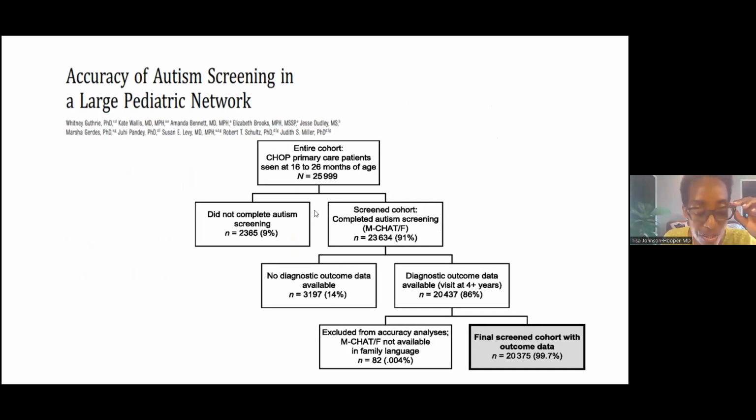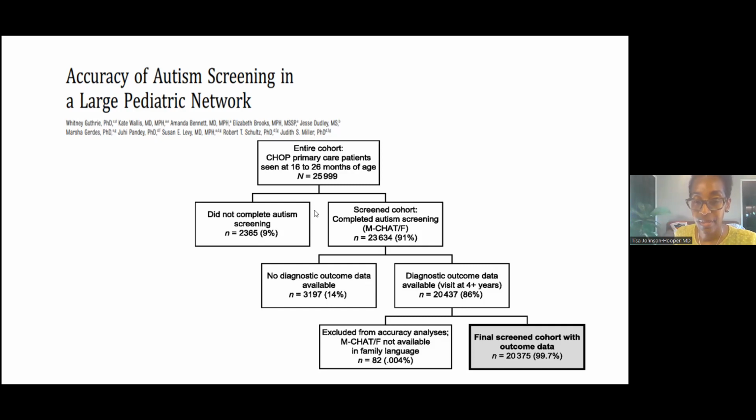Okay, so let's start with autism-specific screening. As mentioned previously, the American Academy of Pediatrics recommends universal autism screening, specifically at 18 and 24 months. The Modified Checklist for Autism in Toddlers, Revised with Follow-Up, or MCHAT-RF, is the most widely used autism screener. The MCHAT-RF is a brief, 2-stage screening tool. The first part is a brief patient questionnaire, followed by an interview